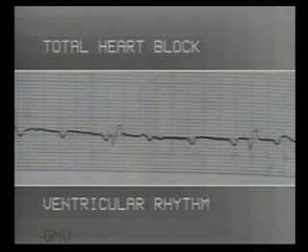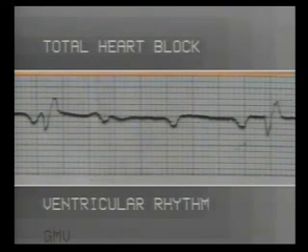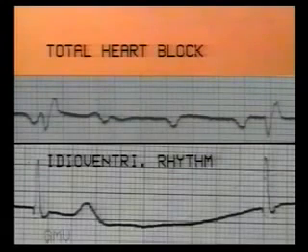In this ECG, the P waves are seen regularly every 13 millimeters and wide QRS complexes at every 44 millimeters. That is, the atrial rate is 115 per minute and ventricular rate is 34 per minute. So this is complete or third degree AV block with ventricular rhythm. Note in close-up view the wide QRS complexes and regularly occurring P waves. Compare it with idioventricular rhythm below, where the QRS rate and appearance is similar but there are no P waves.